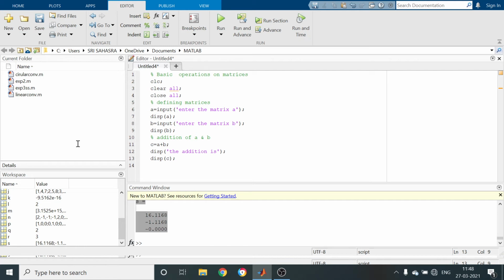Try to listen, all of you. When you are going to save the program, the program name should not contain special characters or symbols or numbers, and don't give space, and don't use standard commands used in the MATLAB software. So for this one, I am going to save this program as program 1, without any space, basic operations.